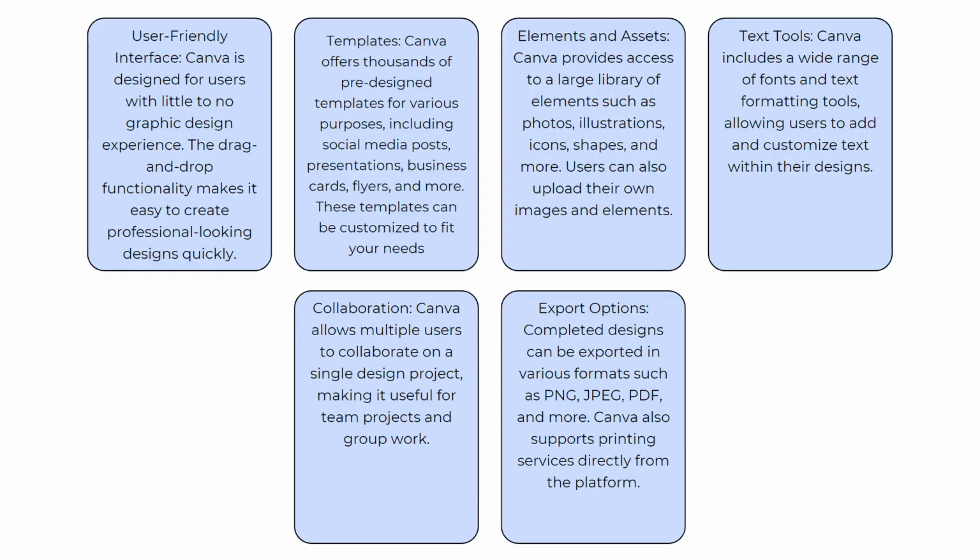Elements and assets. Canva provides access to a large library of elements such as photos, illustrations, icons, shapes, and more. Users can also upload their own images and elements. Text tools. Canva includes a wide range of fonts and text formatting tools, allowing users to add and customize text within their design. Collaboration. Canva allows multiple users to collaborate on a single design project, making it useful for team